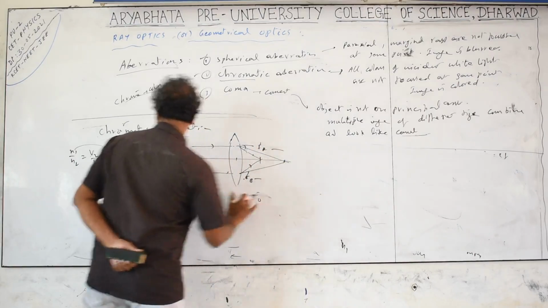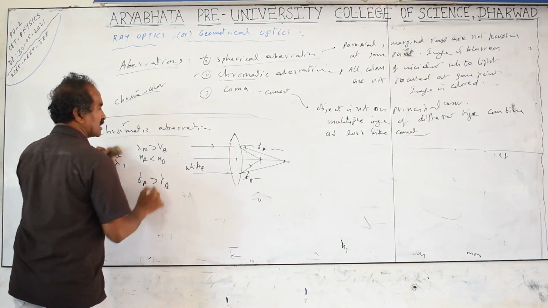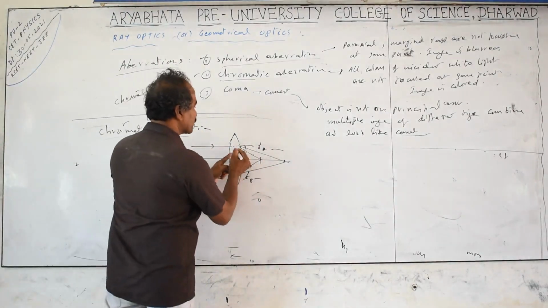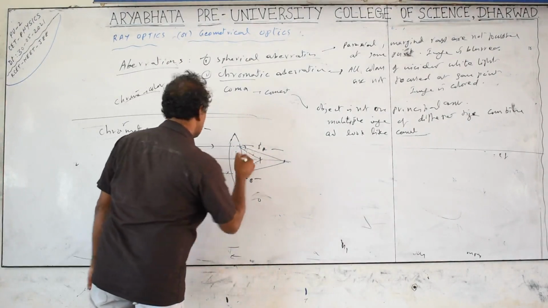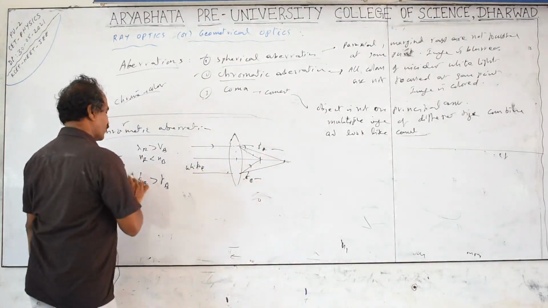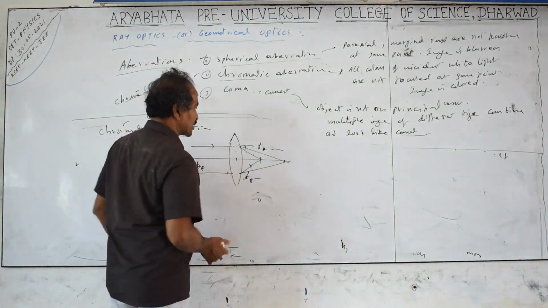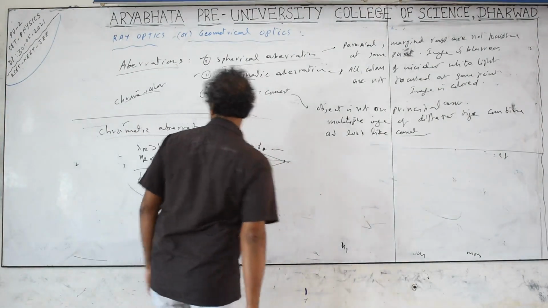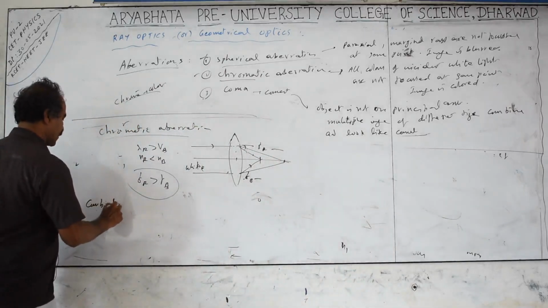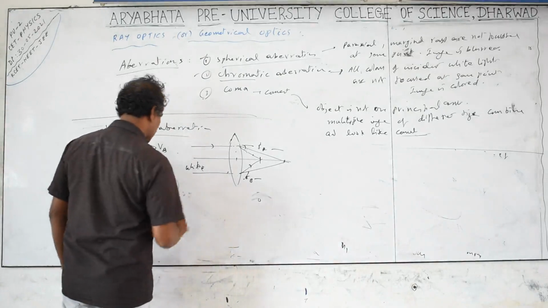So the focal length of red rays is more than the focal length of blue. The more the difference, the more the aberration you will find. This difference is also related to the surrounding medium, if the refractive index difference between glass and air is the condition taken. If you take it in water, the refractive index difference is less, so you will find less aberration. So how do we minimize chromatic aberration? One method is to take a combination of lenses. One method is a convex and concave lens combination.